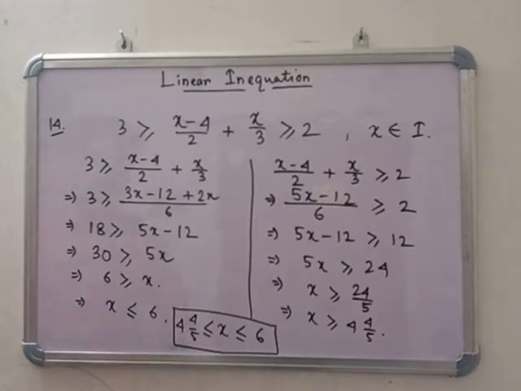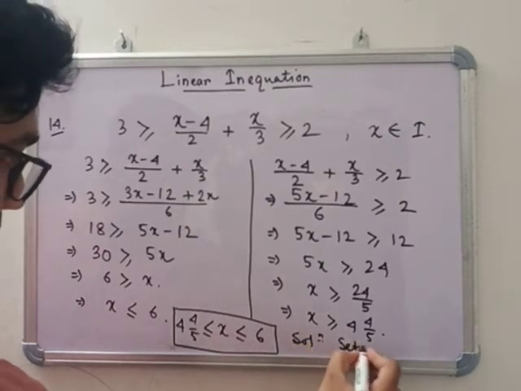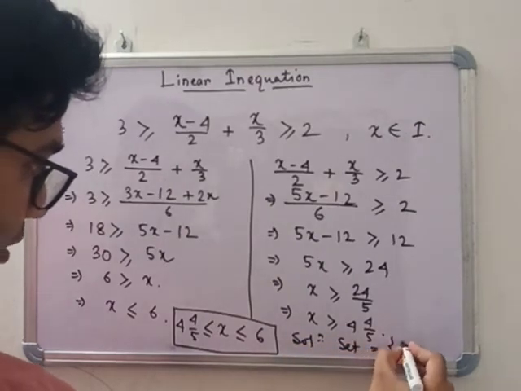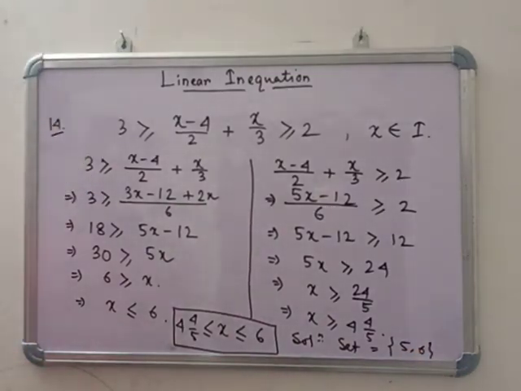Okay, the solution set is 5 and 6, because integer is given, so only 5 and 6 belong to this interval. Okay, so now if we represent this in a number line,